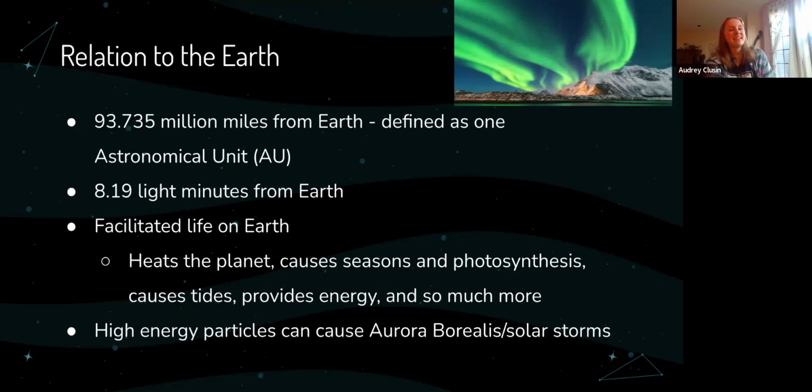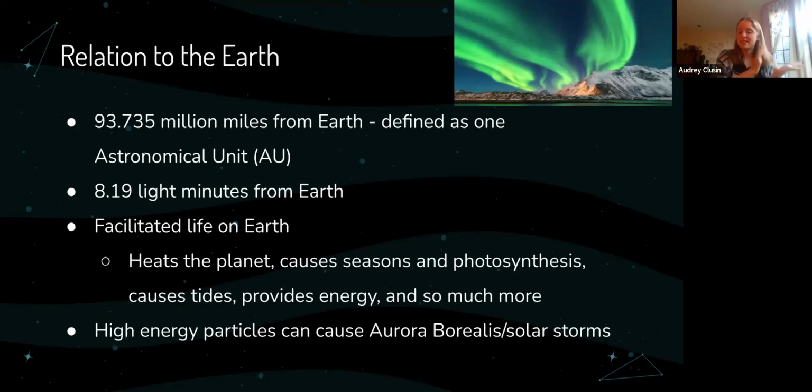Anyways, so the sun is 93.7 million miles away from the Earth, which in astronomy we define as one astronomical unit, which makes sense. So if you see any measurement with 1 AU, if some object is 6 AU away from the Earth, that means it's 6 times the distance that the Earth is from the sun.